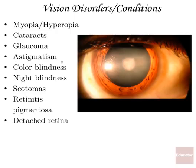Astigmatism is something that affects your vision. What's supposed to happen is the cornea is supposed to be a nice, basically perfect circle, perfect sphere. And then the lens should also be equal in terms of its shape around the outside. It should be more like a baseball, not like a football. So if you imagine this ever so slightly not being a nice circle, not an actual football shape, but if the cornea or lens is slightly off in terms of its circularness, that can cause astigmatism,